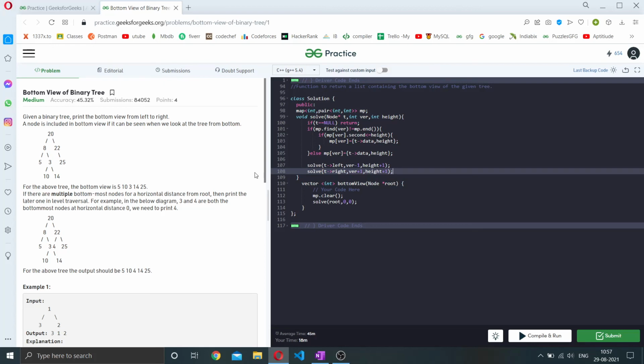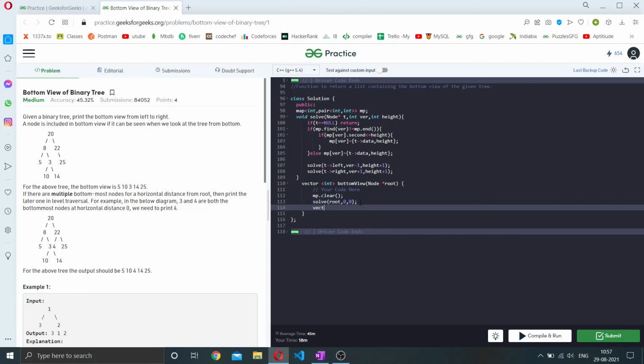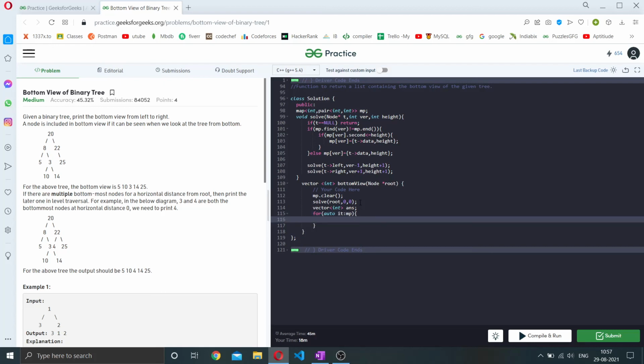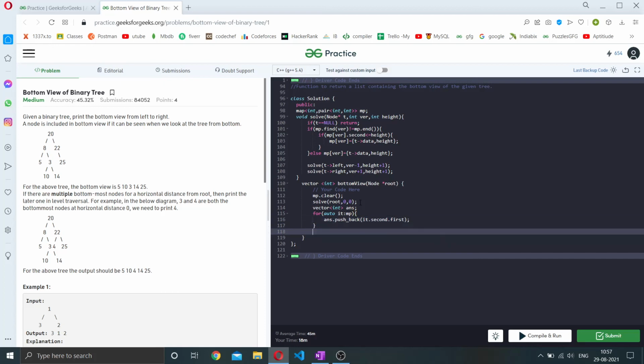Then we need a vector of int answer, and we traverse our map with auto, and push back it dot second, the pair, and we need the first value of this pair. Then we just return answer.